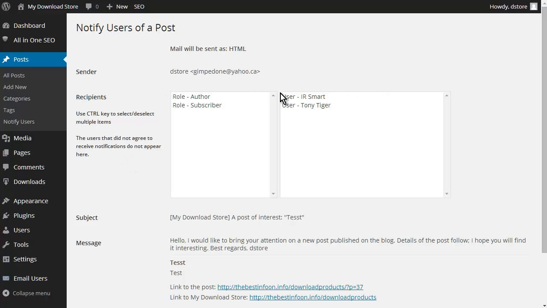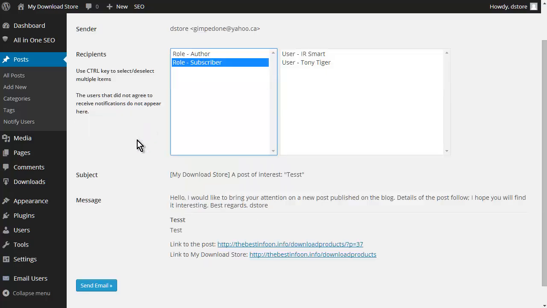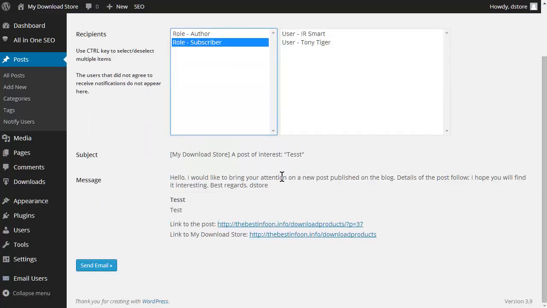Okay, so same deal. You can either send it to roles or individuals. Okay, so if you want to send it to subscribers, you do this. Okay, and here is the post that's going to go out, and this is the text that was in our defaults here. Okay, so you can change that in there if we wanted something different for the post. This is our post headline. This is what was in the post, and then it sends a link to the post and link to the blog main page. Okay, so if we send email,